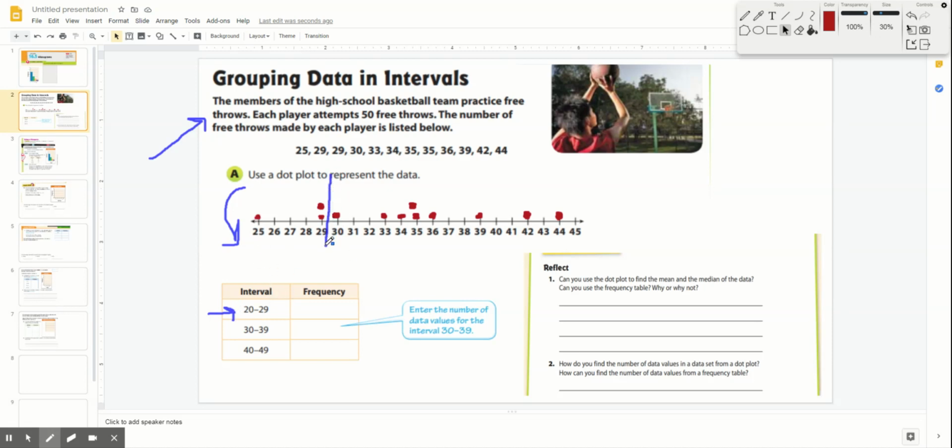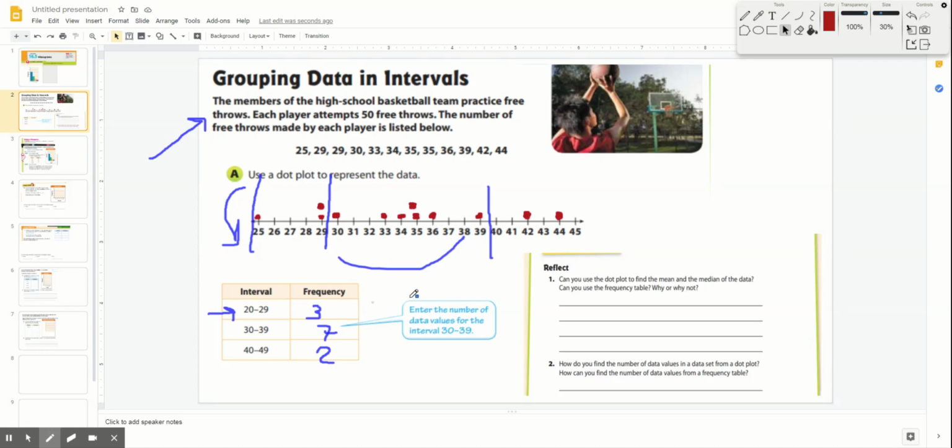It sets up pretty nice here, especially with the different colors. Our first interval is from 20 to 29, so I'm just going to draw a line right there. That's my first interval, and I just count the three dots. Next, we go from 30 to 39, so there's my next group right here. Now I have 1, 2, 3, 4, 5, 6, 7. And then last, it goes from 40 to 44, but that's in my interval of 40 to 49, so I'm going to put my two dots there. So it's a really quick way, again, to look at